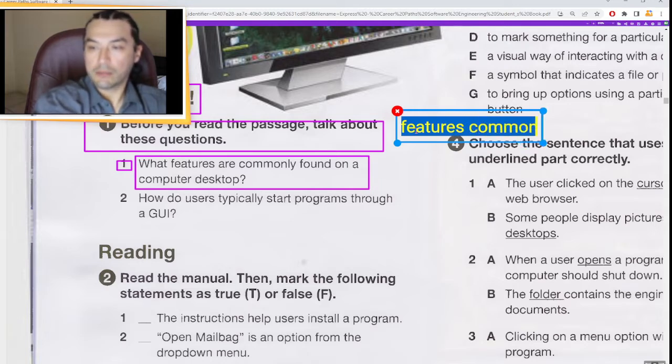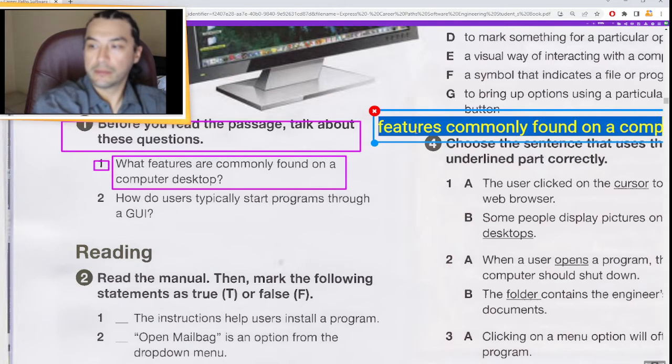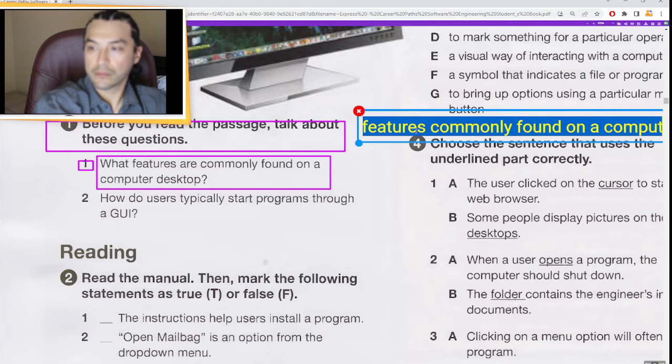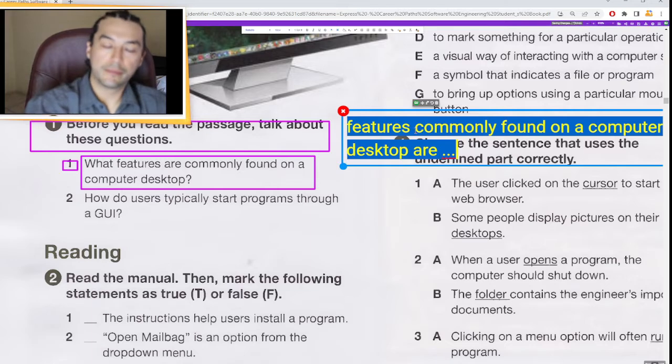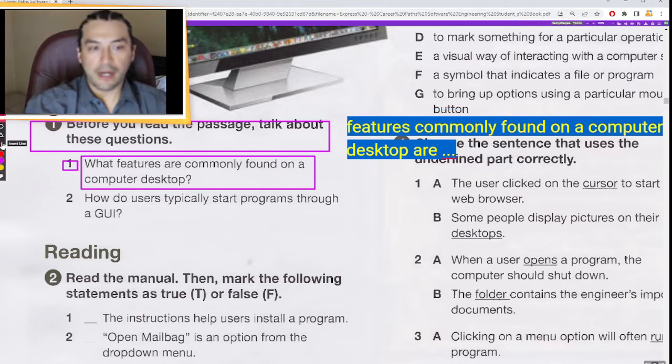Features commonly found on a computer desktop are... Features commonly found on a computer desktop